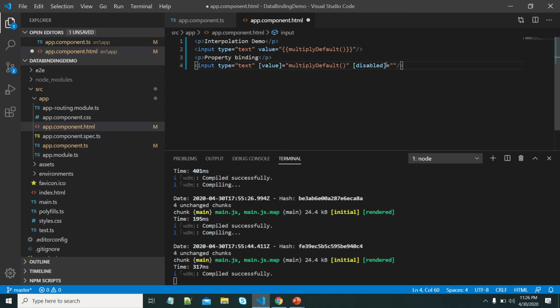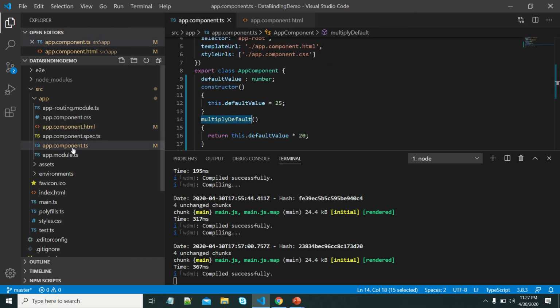Let me write some isDisabled. Same thing, let me use it for interpolation also. For interpolation we need to remove these brackets, and this one should be within double curly braces, right? Yeah, let me save this. Let me define this variable.